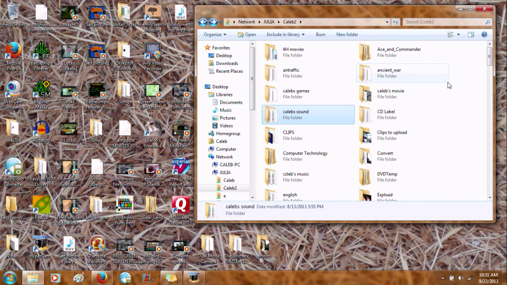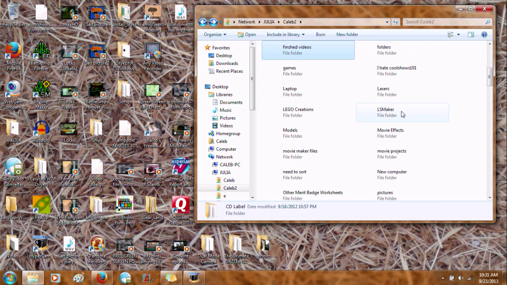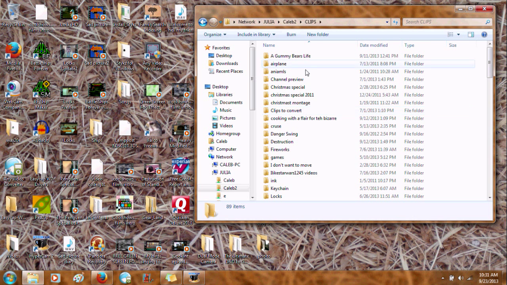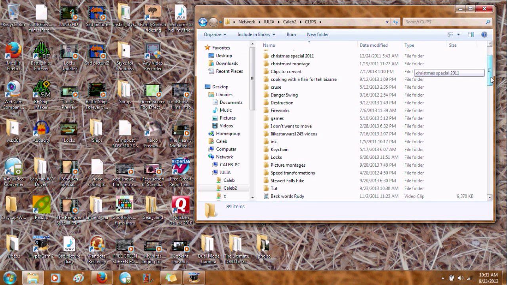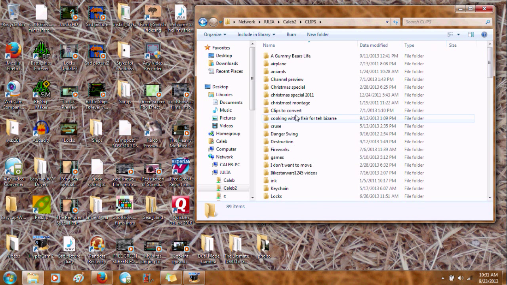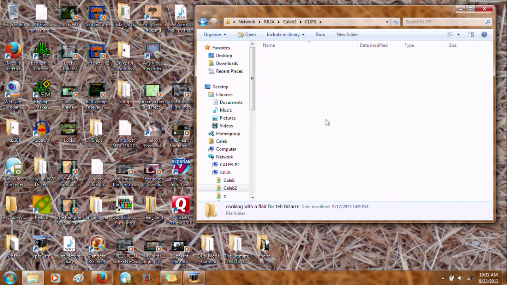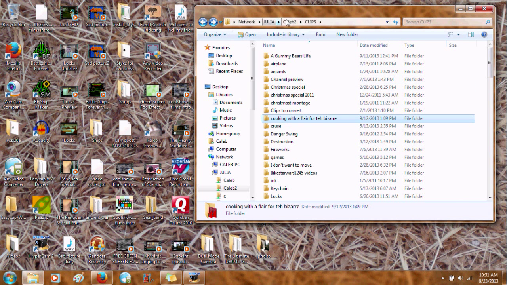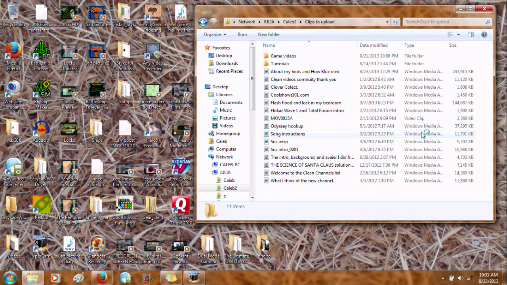And then one more thing about organizing that I do, I have a folder for my finished videos, and then subfolders for the different shows or specific things like montages. Same thing with here. I have different folders for different stuff here. Cooking with the Bazaar has its own folder, and then subfolders for the episode, which episode 2 will be coming out soon. And then one more thing about organization. The clips to upload folder does have specific folders. This is where I put things where it's meant to be like a one-take video, or, you know,